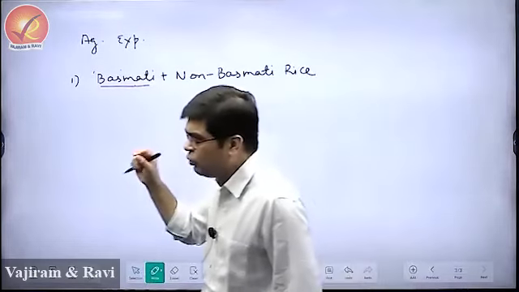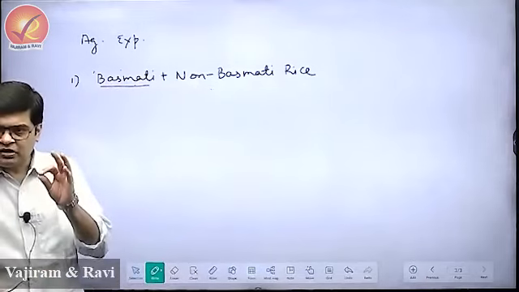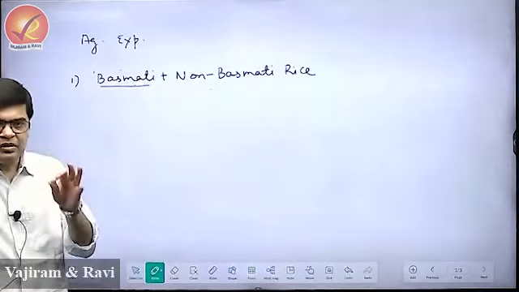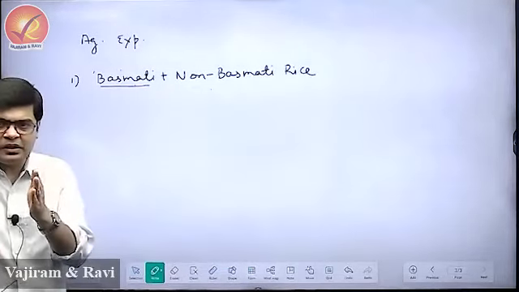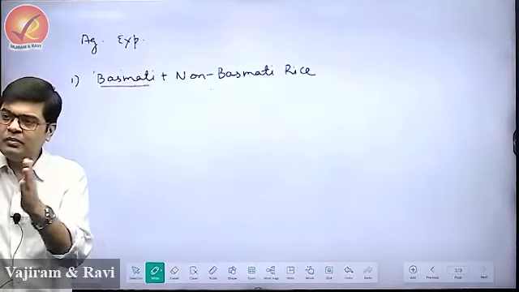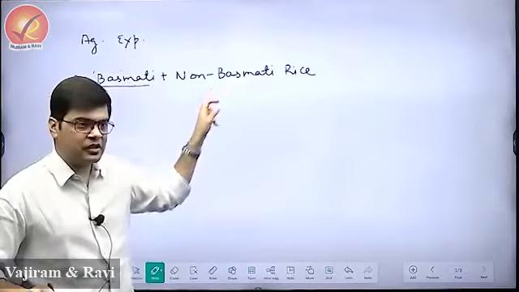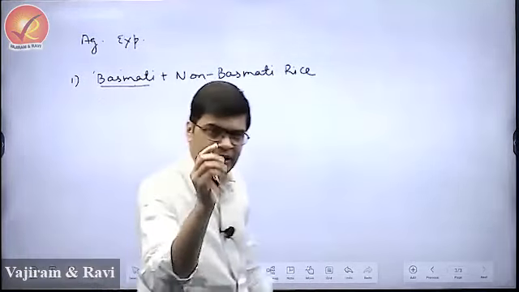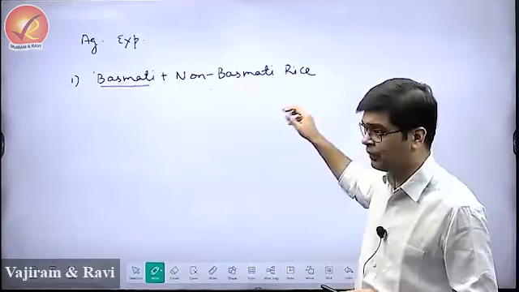Now, when you look at the rice, more than 90% of the rice that is produced in the country is non-basmati variety. Non-basmati is just one term that is used by the government. There will be n number of rice varieties under this type. It is just that the government categorizes rice as basmati and non-basmati. All other varieties will be part of this.